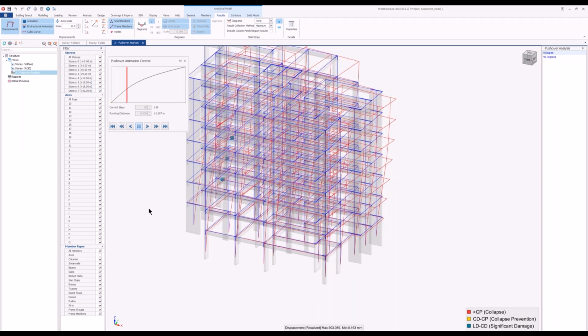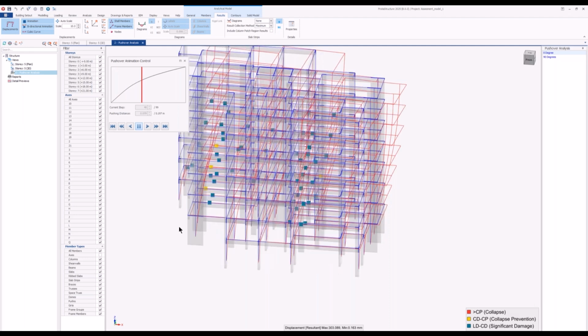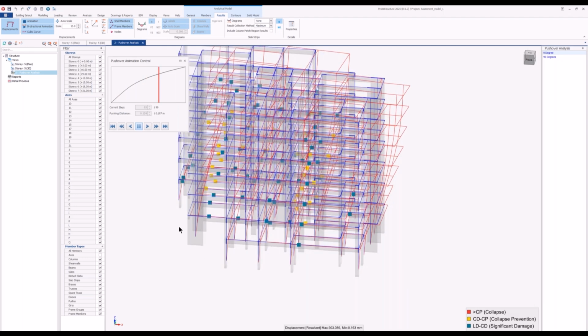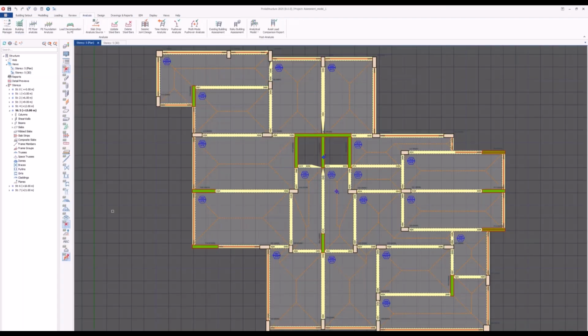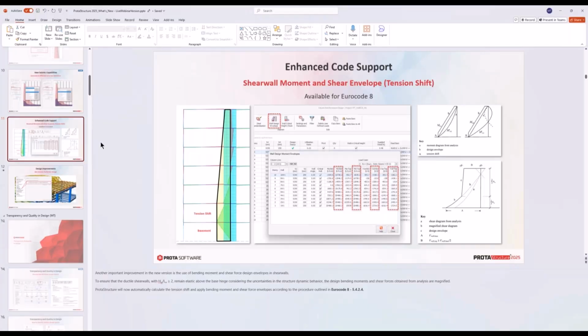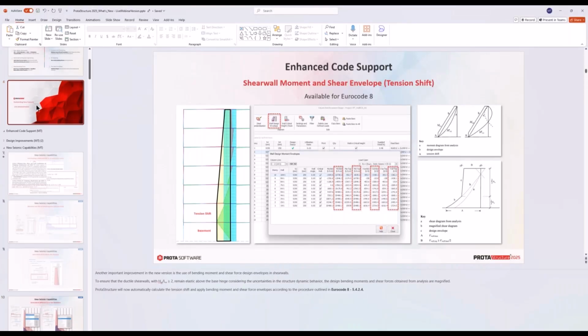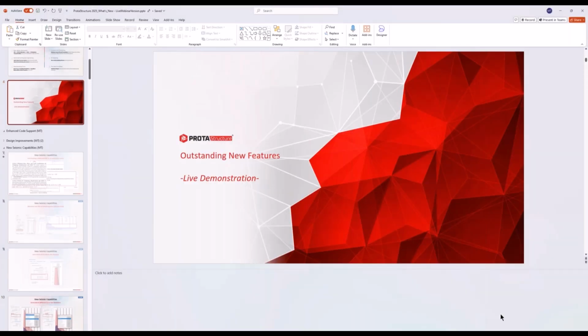As you progress on the pushover curve, you'll see how the building is getting damaged. Let's see how I will process. I think we are getting close to the finish. So let's continue with the